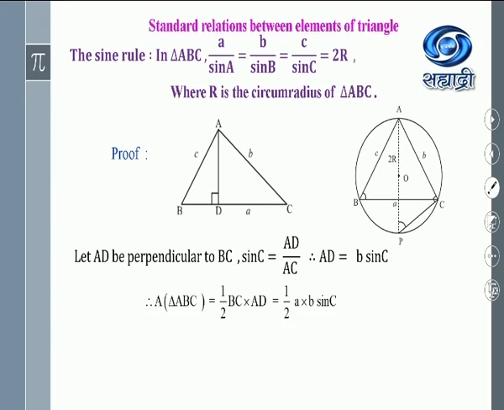It's very easy. Now we find the area of triangle ABC. You know the area of the triangle is half base into height. In this triangle, we consider BC as the base and AD as the height. BC is nothing but a, so we replace BC by a. AD is equal to b sin C, so in place of AD we put b sin C. Therefore the area of triangle ABC is equal to half ab sin C.